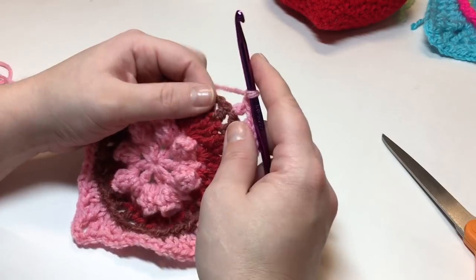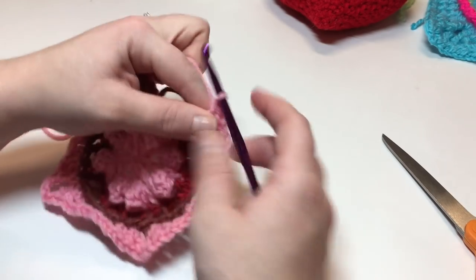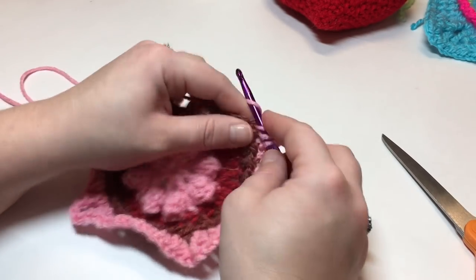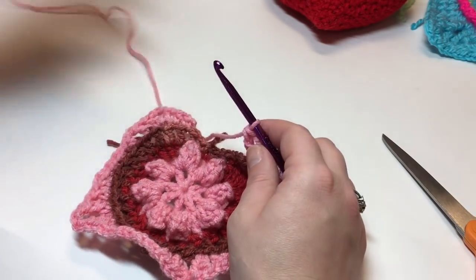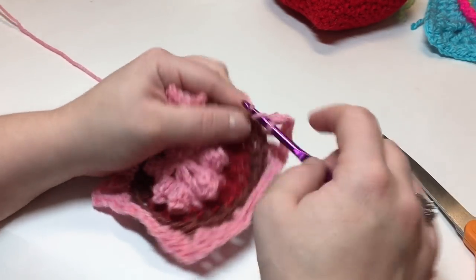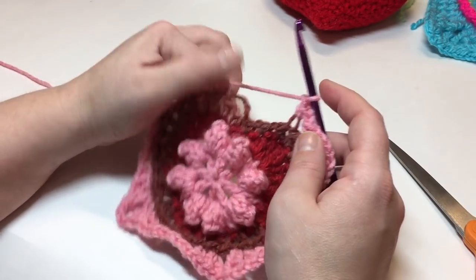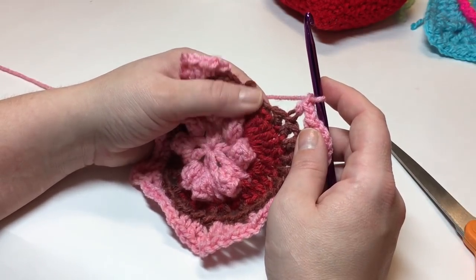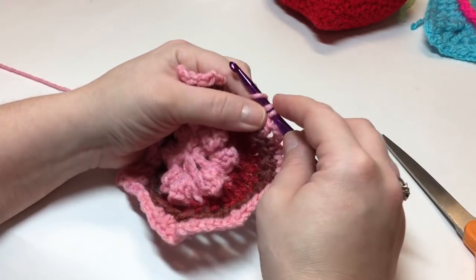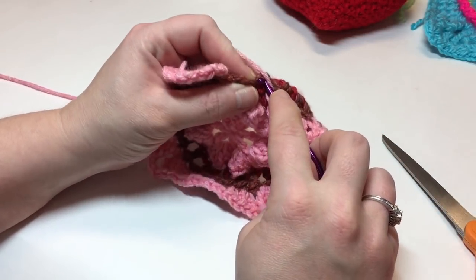chain 1, skip 1, double crochet, chain 3, double crochet into the next chain 1 back loop, double crochet, chain 3, double crochet, and that is your 4th corner made. Chain 1, skip 1, half double crochet in the next space, make sure it's the back loop, okay, chain 1, skip 1, single crochet into the next chain 1 space in the back loop only, chain 1, skip 1, half double crochet into the back loop only of the next,